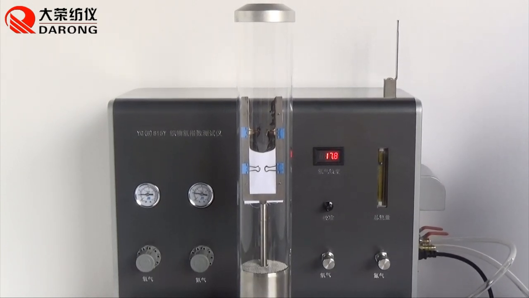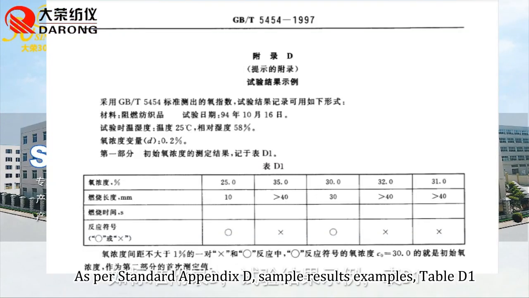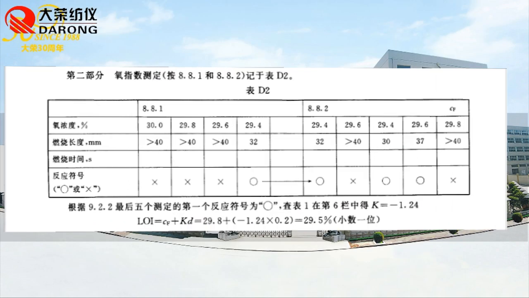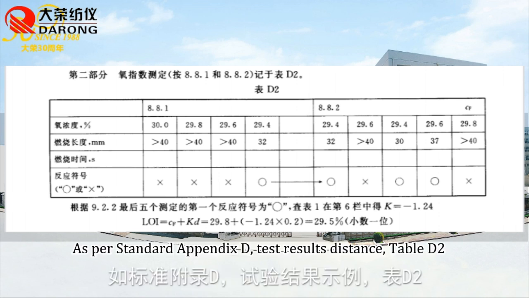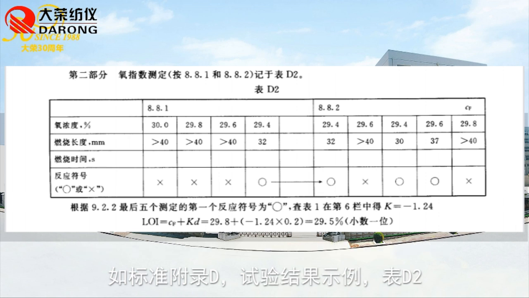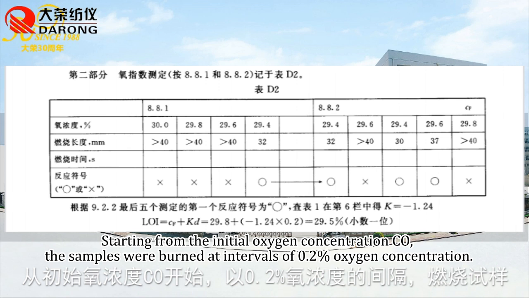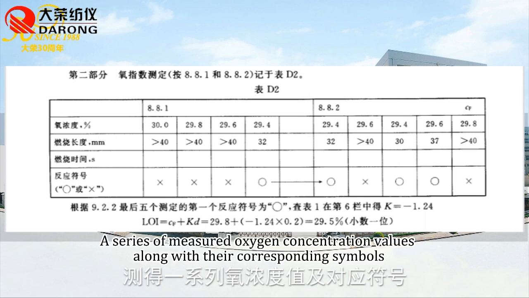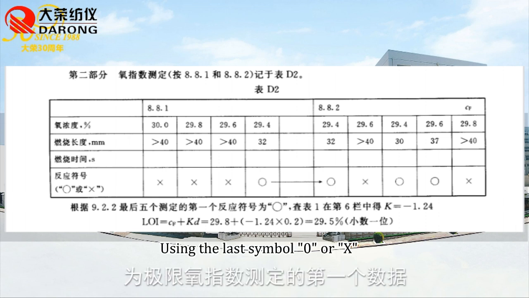The symbol O represents the initial oxygen concentration, C0. As per standard Appendix D, sample results examples, Table D1. Limit oxygen concentration test: as per standard Appendix D, test results example, Table D2. Starting from the initial oxygen concentration C0, the samples were burned at intervals of 0.2% oxygen concentration. A series of measured oxygen concentration values, along with their corresponding symbols,